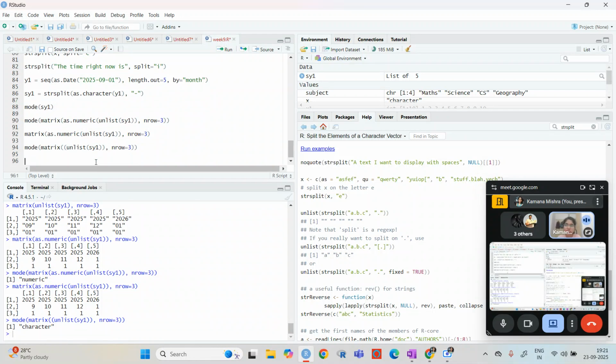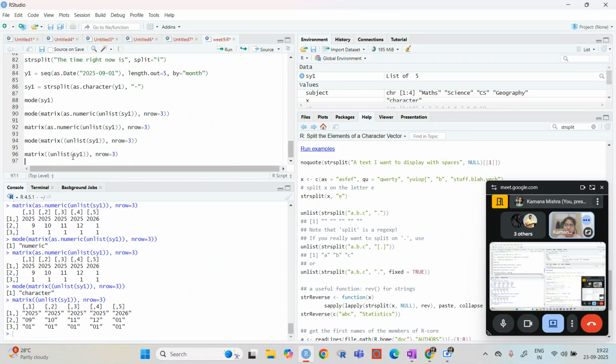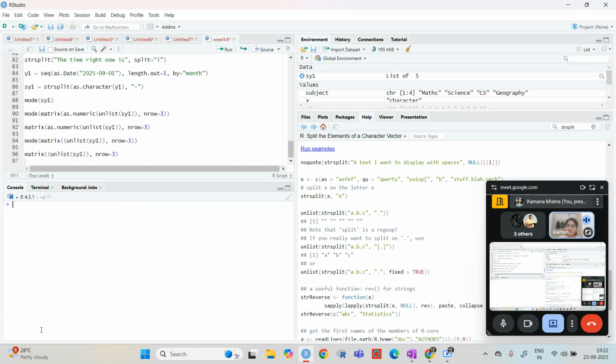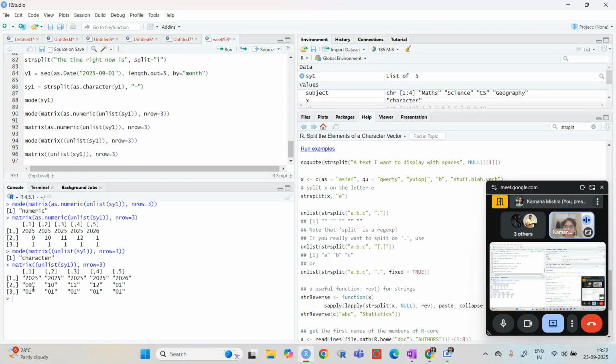Now this is basically character. So I will just remove all of it. If we are giving the numerics, then it comes as numeric. When we are giving characters inside of it, then it gives the mode as character. So the mode can be changed just by doing this.